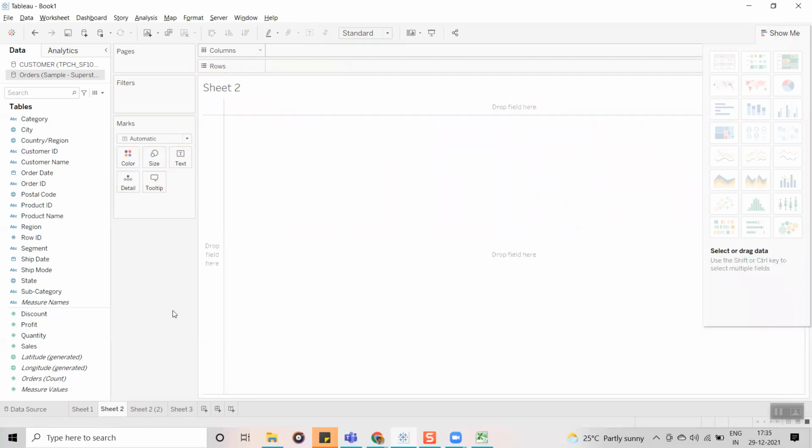In real time, generally, we are going to use maps, crosstabs, pie charts, bar graphs, line charts, and bullet graphs. Whatever graphs you can see here, in real time we are going to use only these graphs. And in advanced graph types, we are going to use waterfall graphs and donut charts. These are the graphs we are going to use regularly.